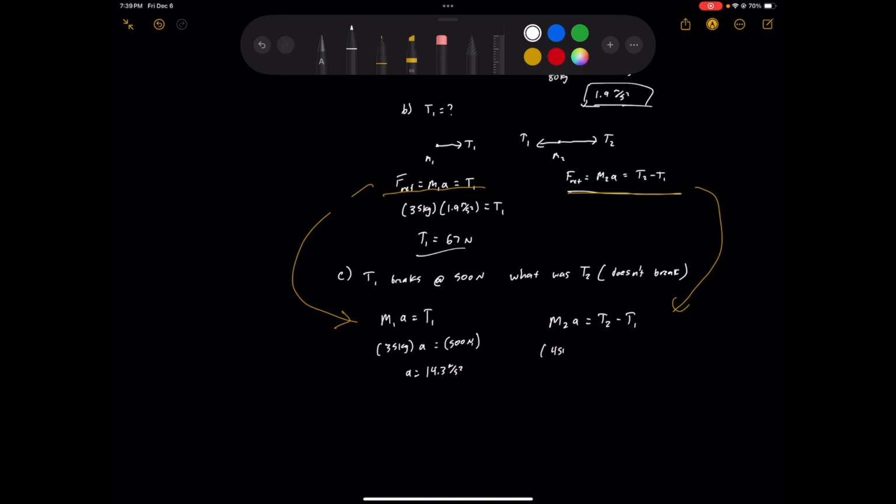So now I'm going to plug in mass 2 is 45 kilograms times the acceleration, 14.3 meters per second squared, has to equal T2 minus T1, which is 500, right? So if T1 breaks at 500, that's the maximum force for T1. So yeah, just do the math again. So we got 45 times 14.3. I get 643.5. And I'm going to add 500 to it. All right. And I get T2 has to equal